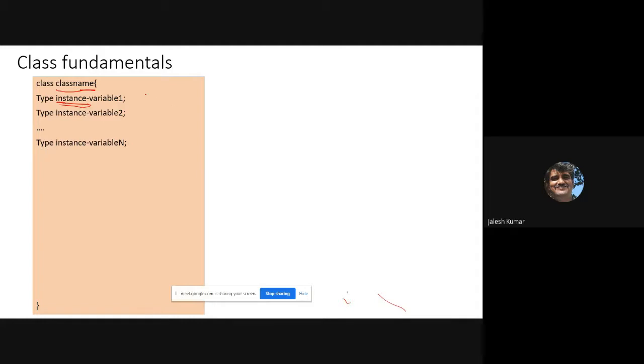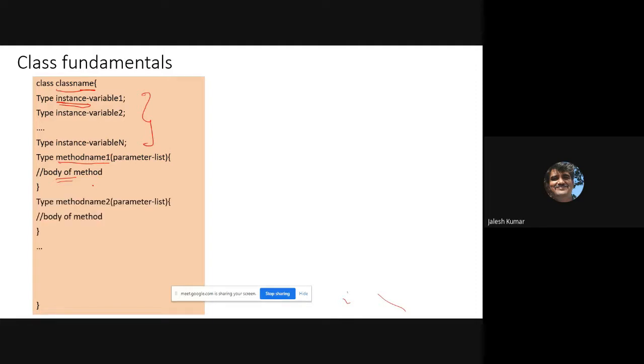A class contains variables, and then it contains methods: type, method name, open brace, some parameters, close brace, and then a flower bracket. Here you write the body of the method; I will discuss this in detail later.